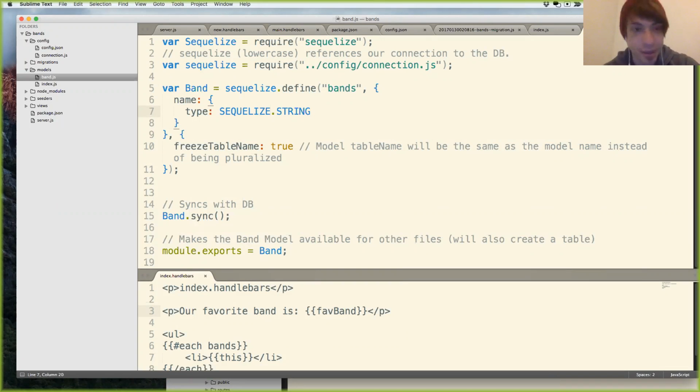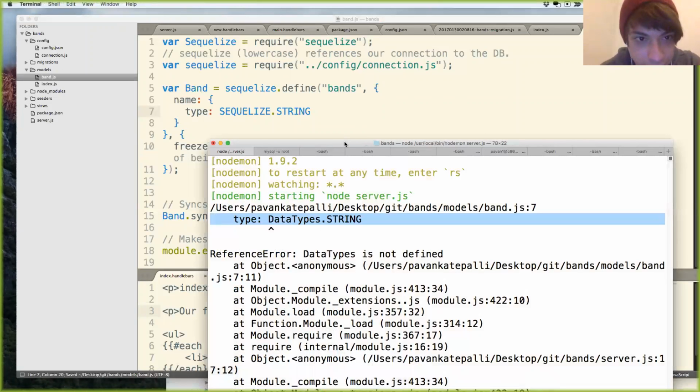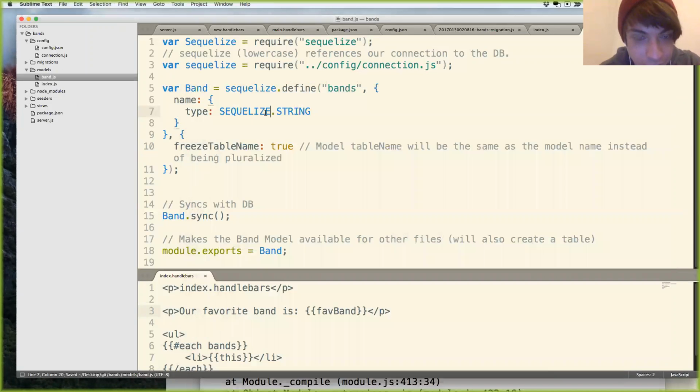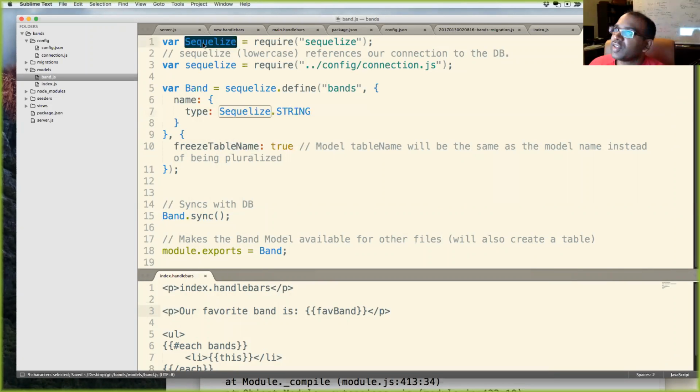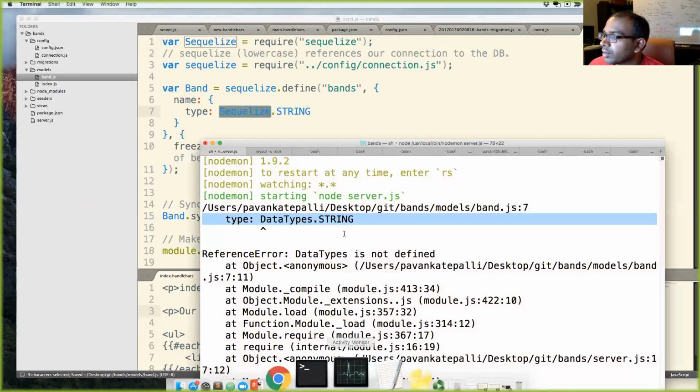Except it's not all capital, it's just Sequelize with the capital S. The rest is not capital. Got it. So I'm using this Sequelize variable right here. Awesome. Let's try that.